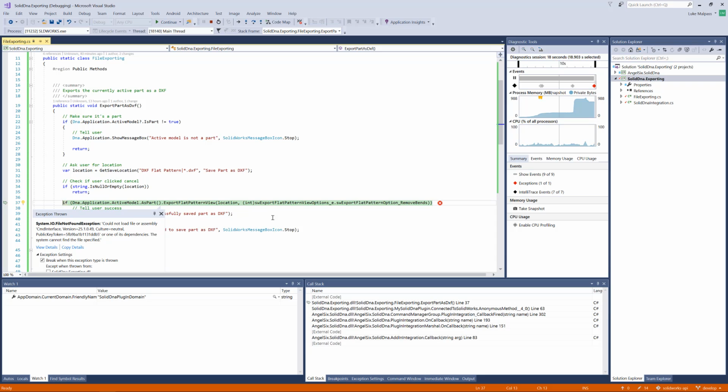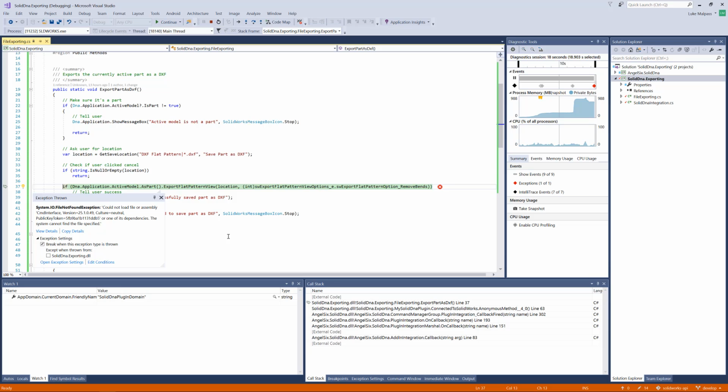Oh, and this is the other thing I forgot to say as well. It seems to be a bug in SolidWorks at the minute, it's on the forums as well. If you get this command interface bug, basically it's if you've not opened a drawing yet, then SolidWorks is not loading the references into memory. I did a workaround on the forum to load all the references into memory, but it's trying to find WPF resource files that don't exist in the install folder, so they must get loaded a different way that nobody knows about. So for now, if you get this error, which I seem to be getting and quite a lot of people on the forum do,